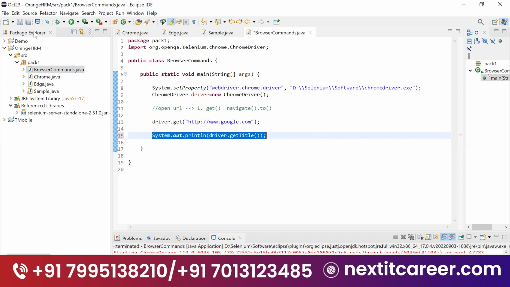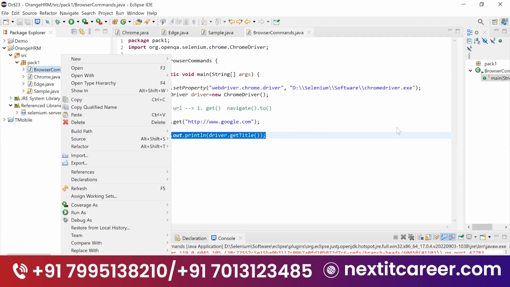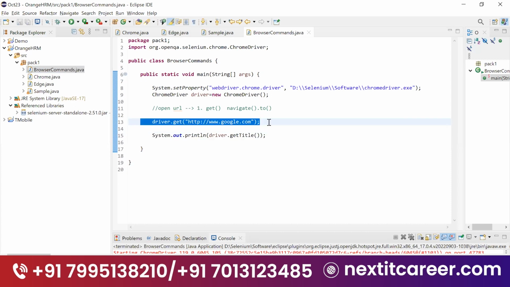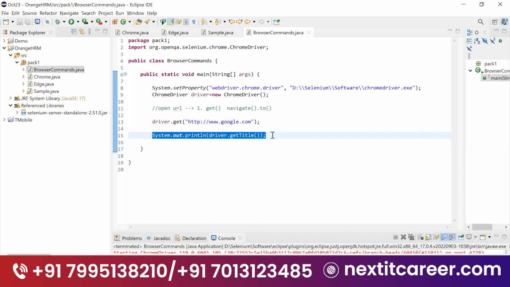Let me save this and then run it. First of all, what happened here? It opens google.com. What is the title given by the developer? That value I want to retrieve, by using which method? The getTitle method. Right click, run as